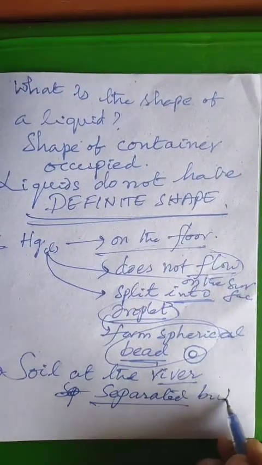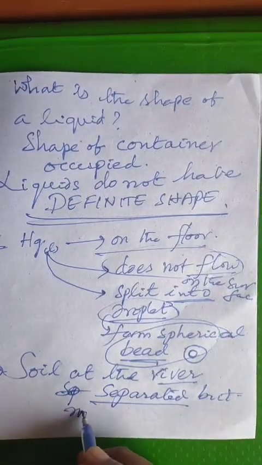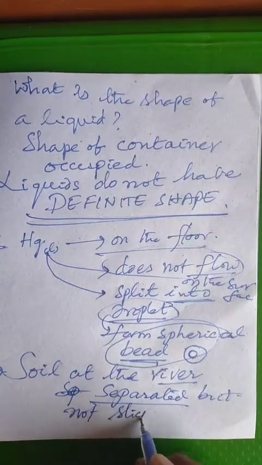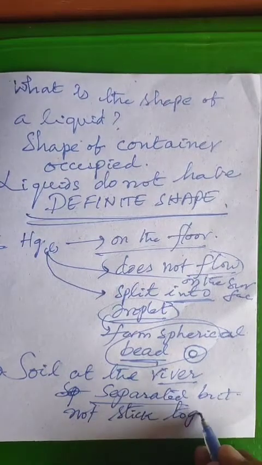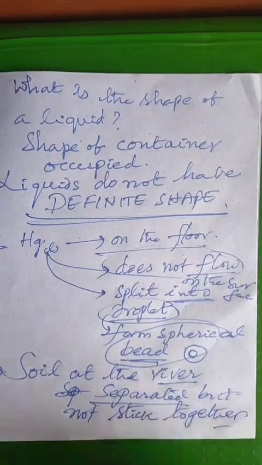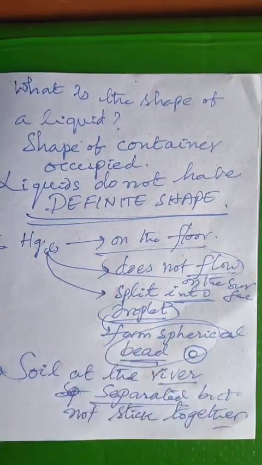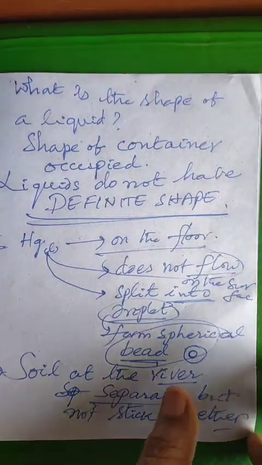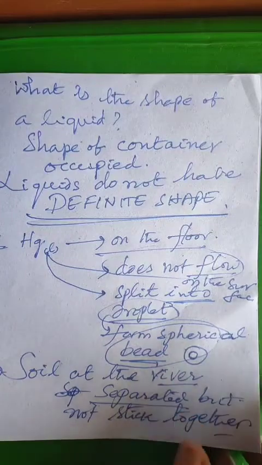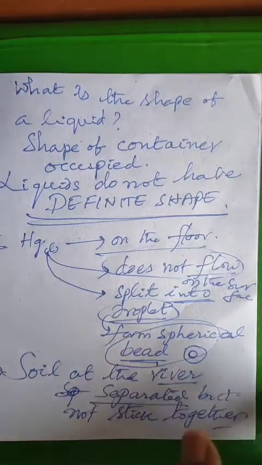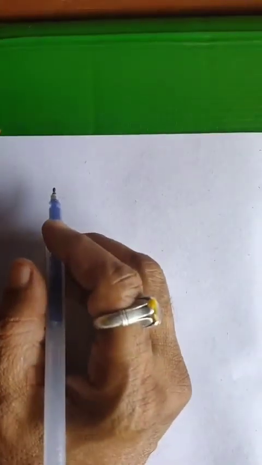But they do not stick together. Where? At the bottom of the river. Why has this happened? If you touch a liquid surface with the help of a capillary, what will happen? Yes. Third example is